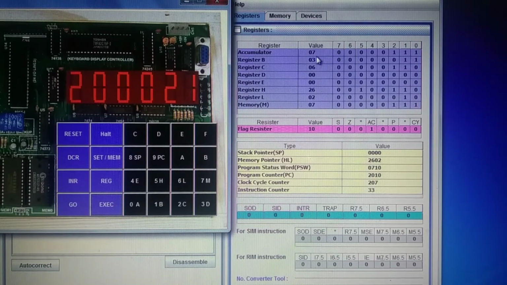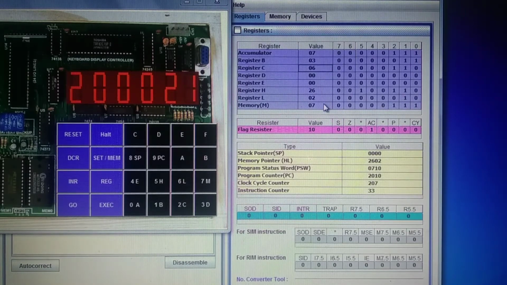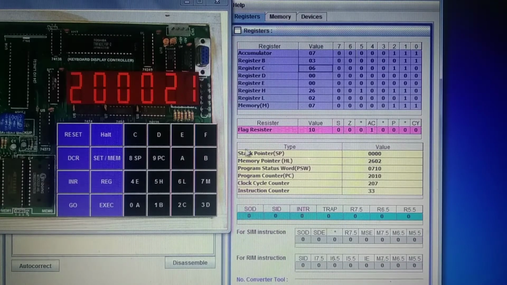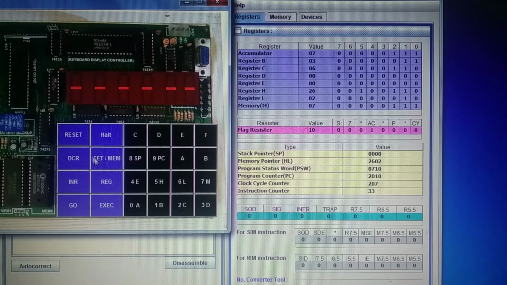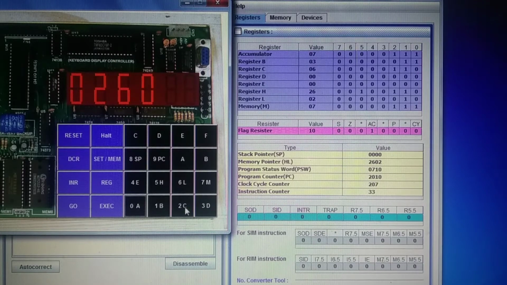As you executed the program, the accumulator is having 7, register B is 3, C is 6, and all the contents of the registers you will get here. Now to check the result, reset, examine memory, the result is at 2602. Increment, you will get the result as 7.